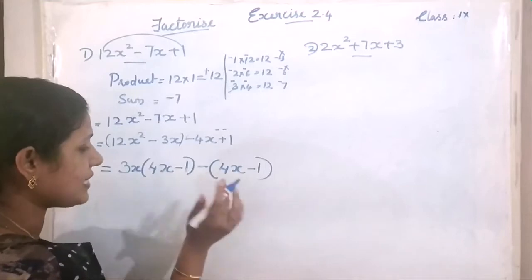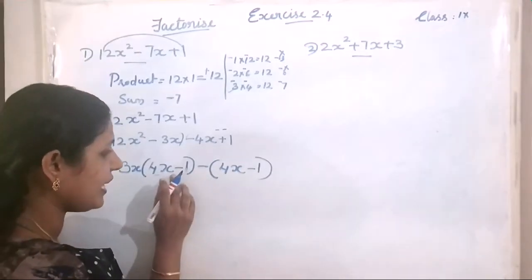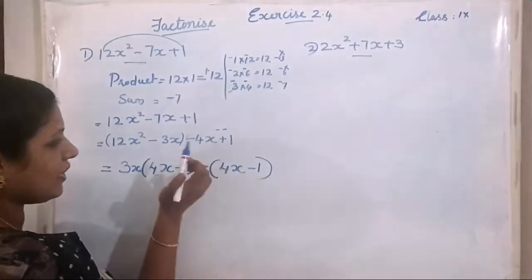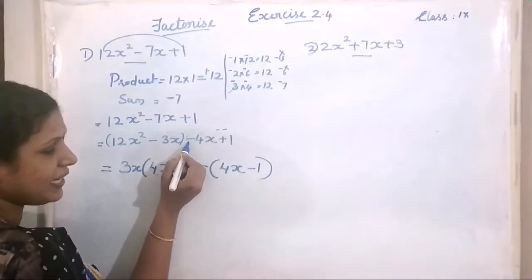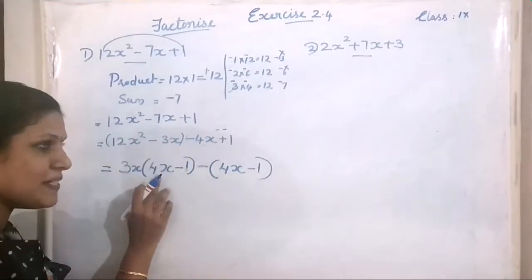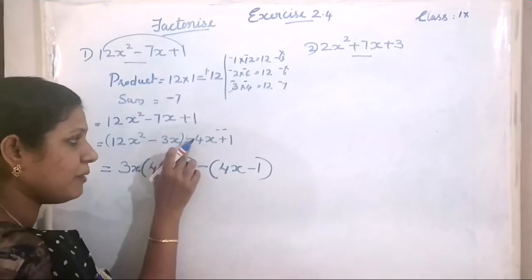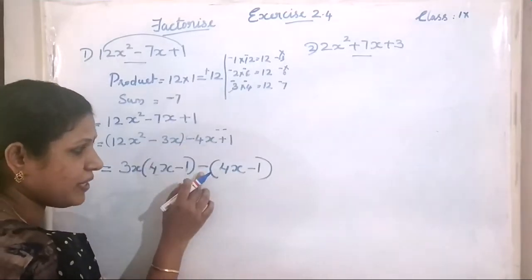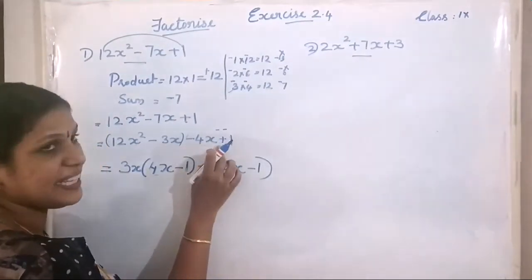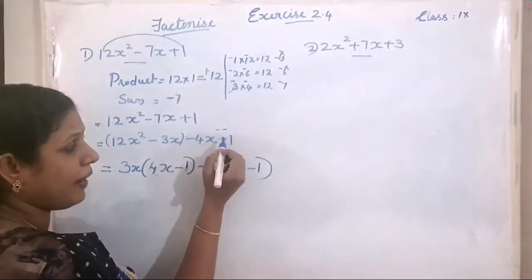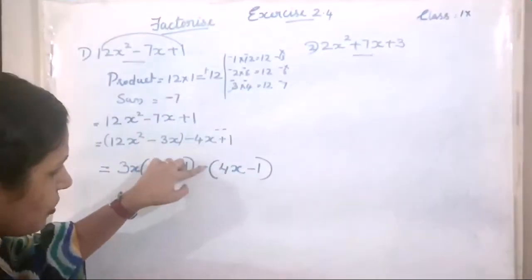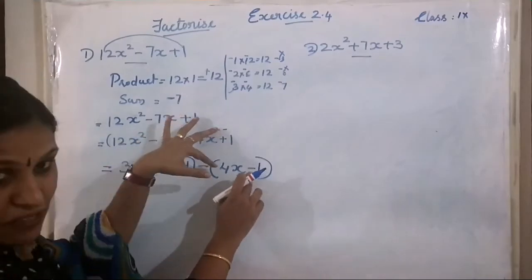Okay. Then, the next aim is we need a 4x minus 1 on the next side. So, for that, we see that minus 4x is here. But we need a plus 4x. So, that's why we take out a minus from here. So, that gives the 4x. And here the sign is plus. So, for plus, we get minus into minus. So, 1 minus we take outside, we get the sign as minus 1.